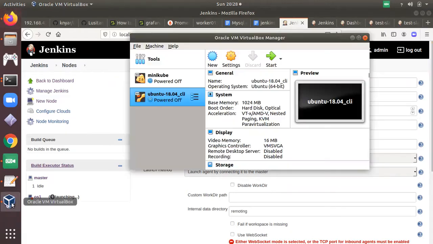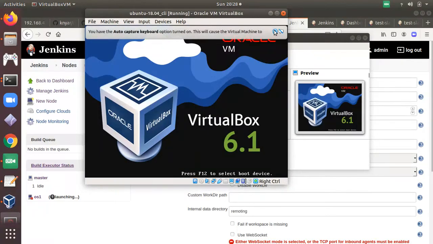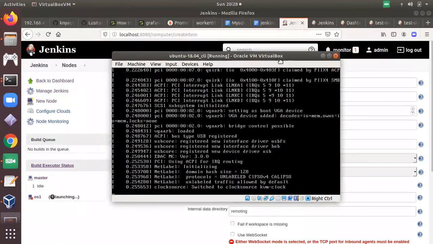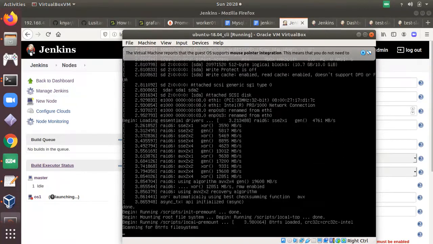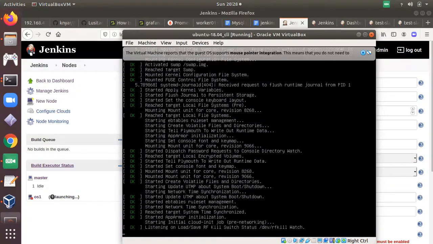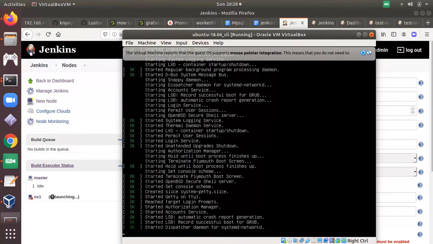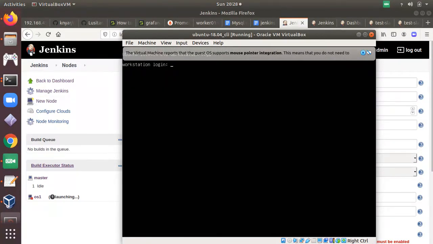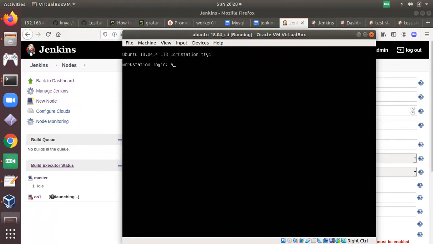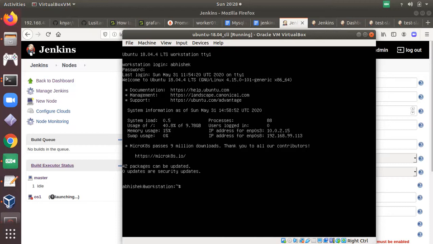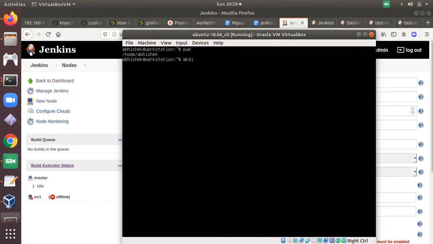So let me start my VirtualBox. We are going to use this machine as a slave node and we will use its resources. Let me create the directory named project data.